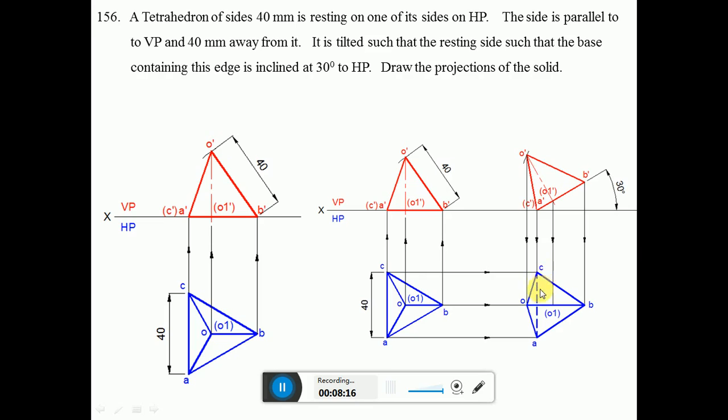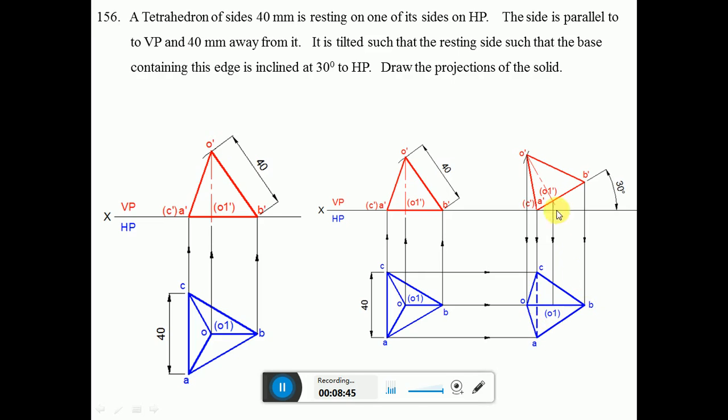Once you do that, we have fixed the boundaries of the top view of the second position solid. Now we have to apply the condition of visibility. All the exterior edges of the boundaries of the solid are visible. So join OA, AB, BC and CO. Since all these edges form the exterior edges of the boundaries of the solid, they become visible, so you make them dark.